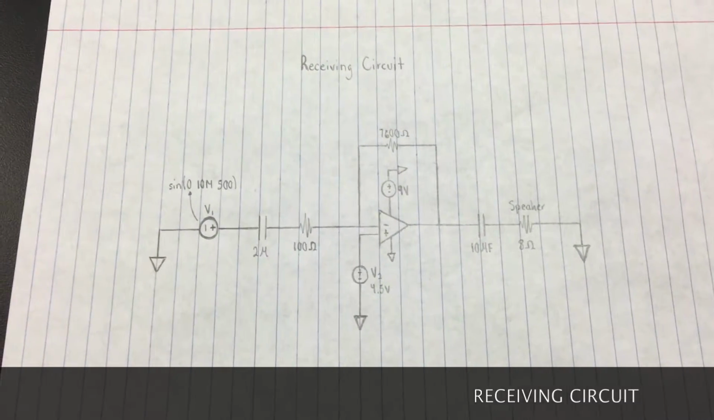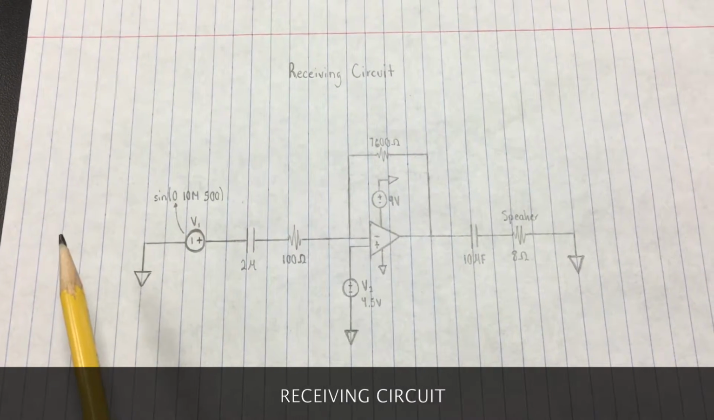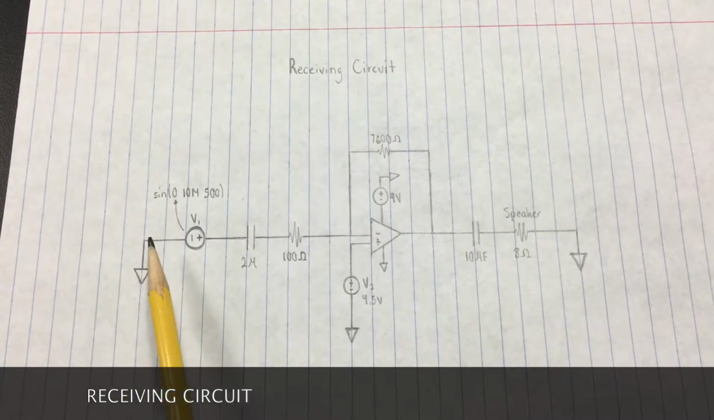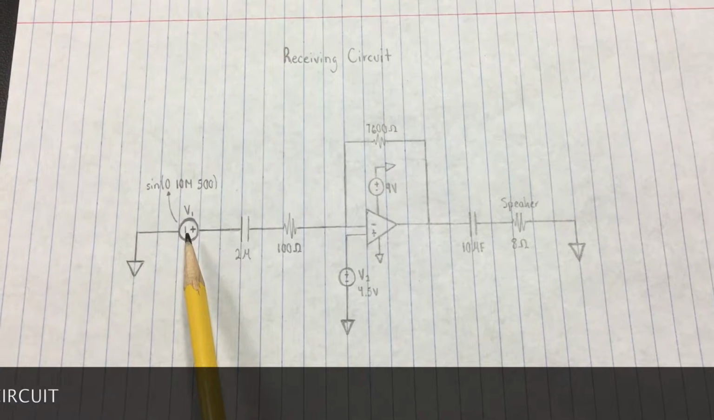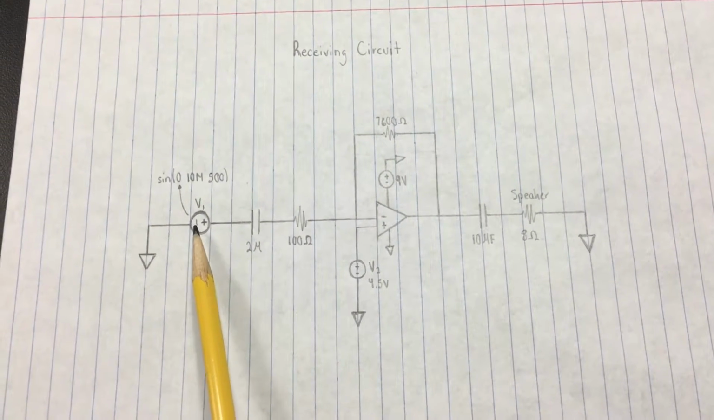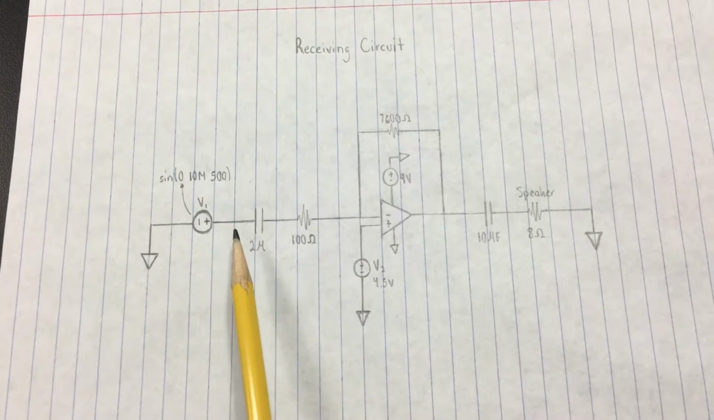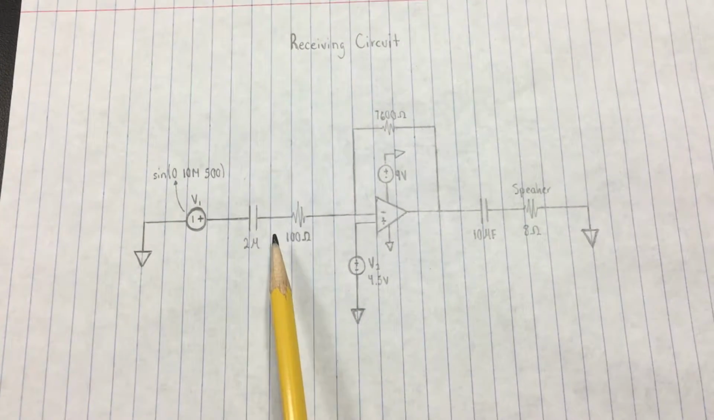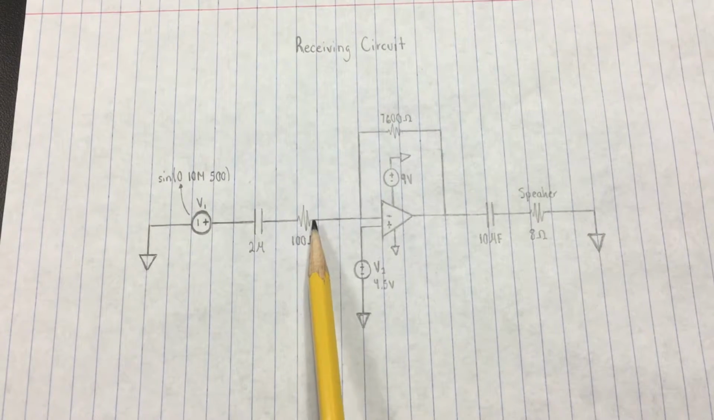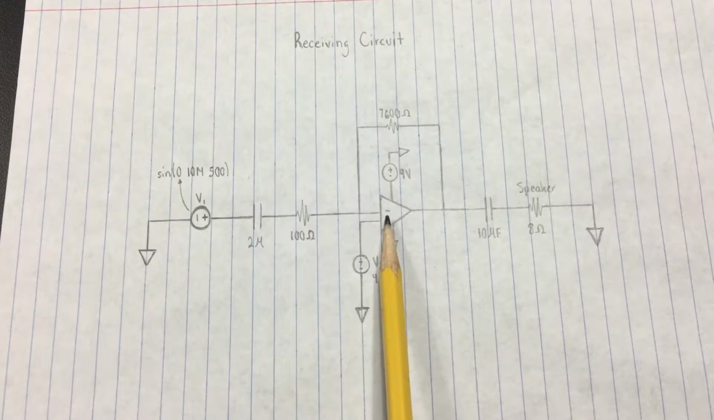So here we have our receiving circuit. The lasers that are transmitted by the transmitting circuit are absorbed by the solar cell, which is a device that generates a voltage when it's exposed to light. And that signal is sent through a 2 microfarad capacitor and a 100 ohm resistor, and that signal is sent